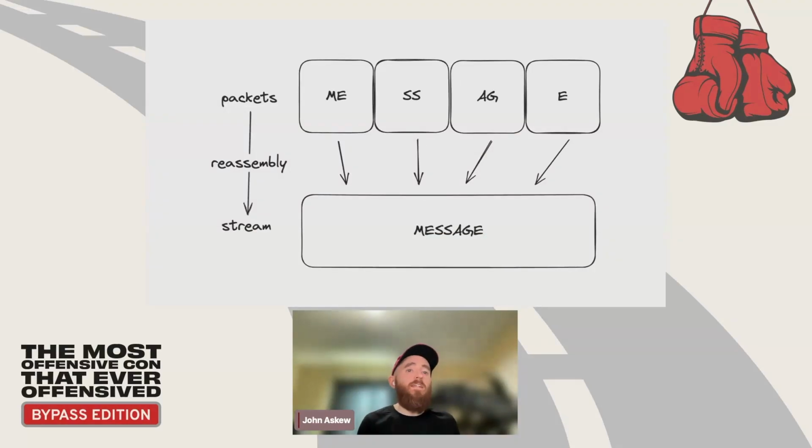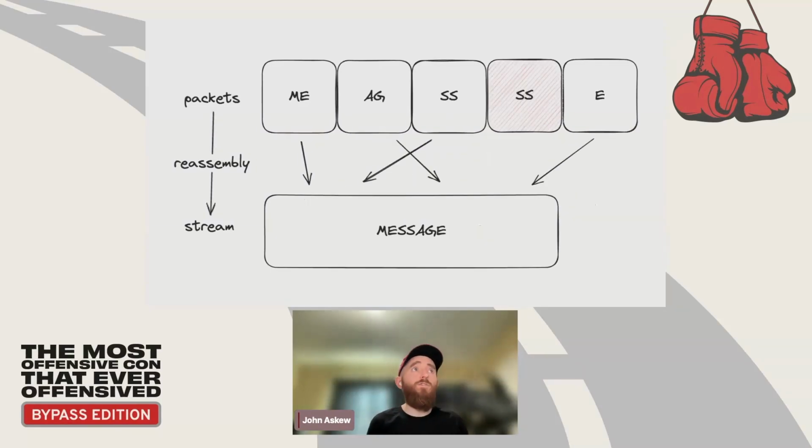Just looking at the TCP/IP layer here, you can have a message broken up into numerous different packets, and when they are received, the machine that's receiving them has to reassemble those somehow to get a coherent message. That can include packets that have been delivered out of order that have to be reordered. That can include duplicate packets that have to be discarded, and lots of other complex stuff I'm not really going